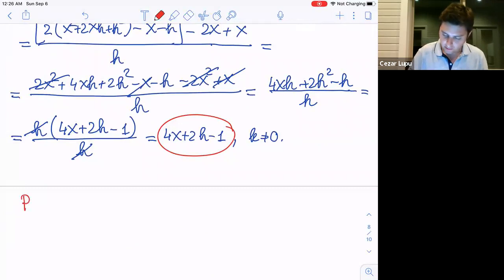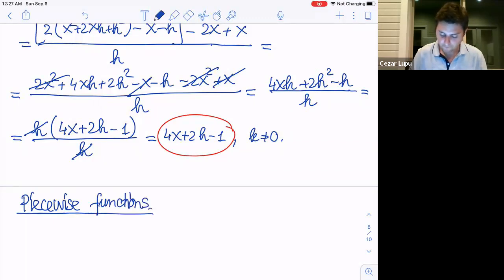And let me talk about piecewise functions. So certain functions are defined differently on different parts of their domain. And well, it's natural for us to express them in terms of more than just one formula. For example,